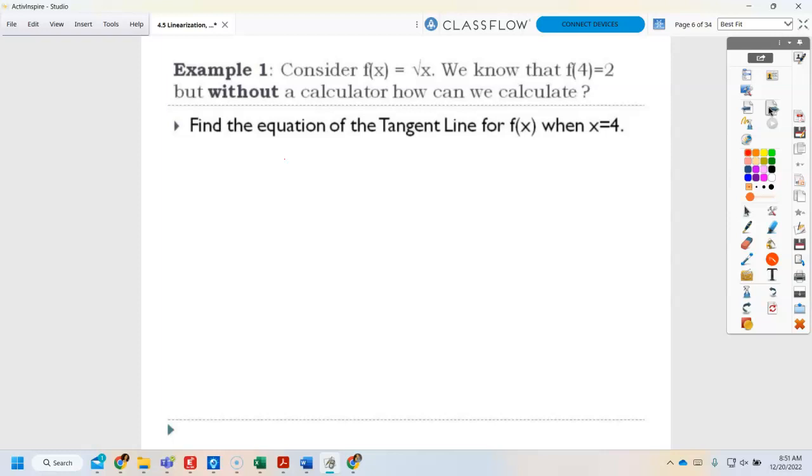If we want to calculate something that is not a perfect square, how do we do it? So if we want to calculate the square root of 4.1, we are going to use the equation of the tangent line at the pretty point we know to predict the point we don't know. So we're going to say that L of x equals f of a